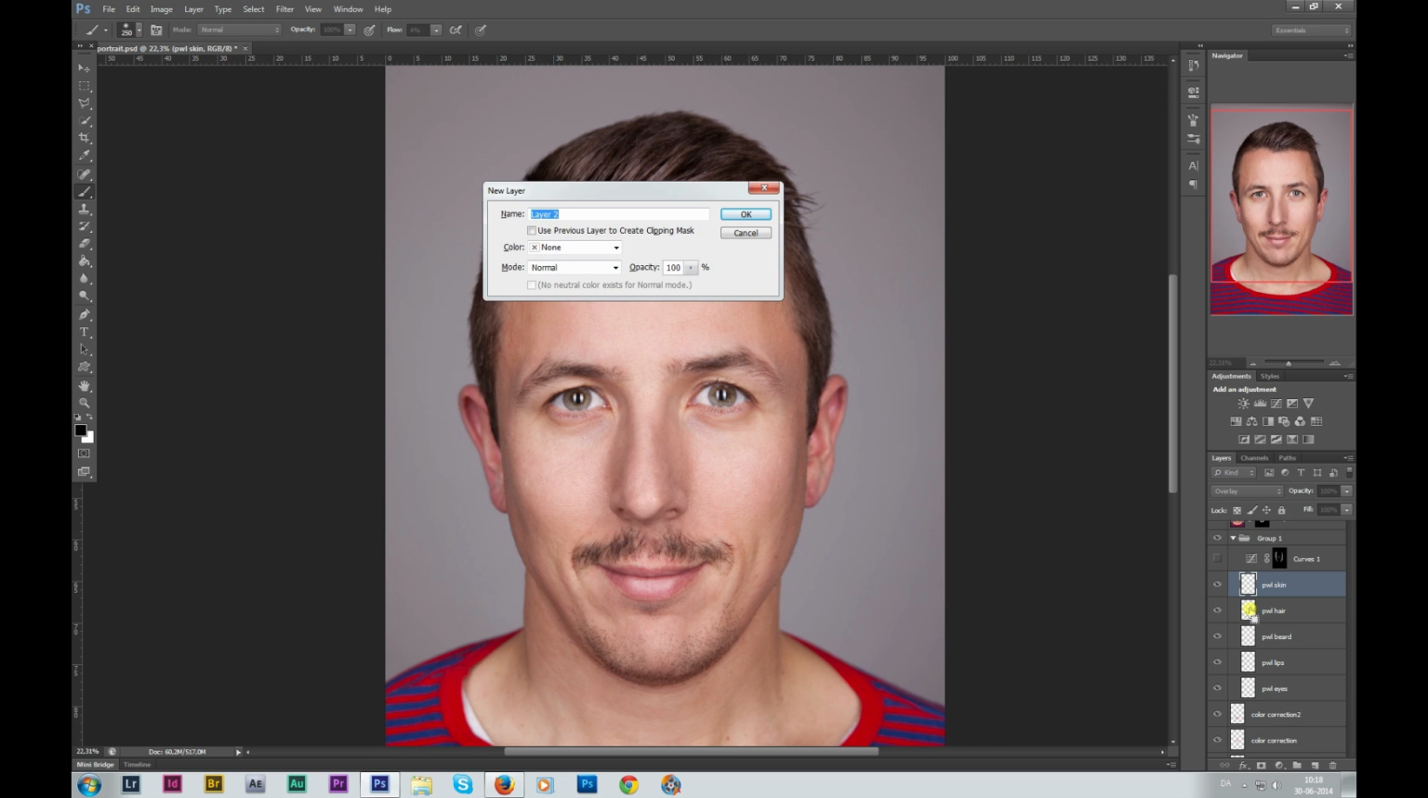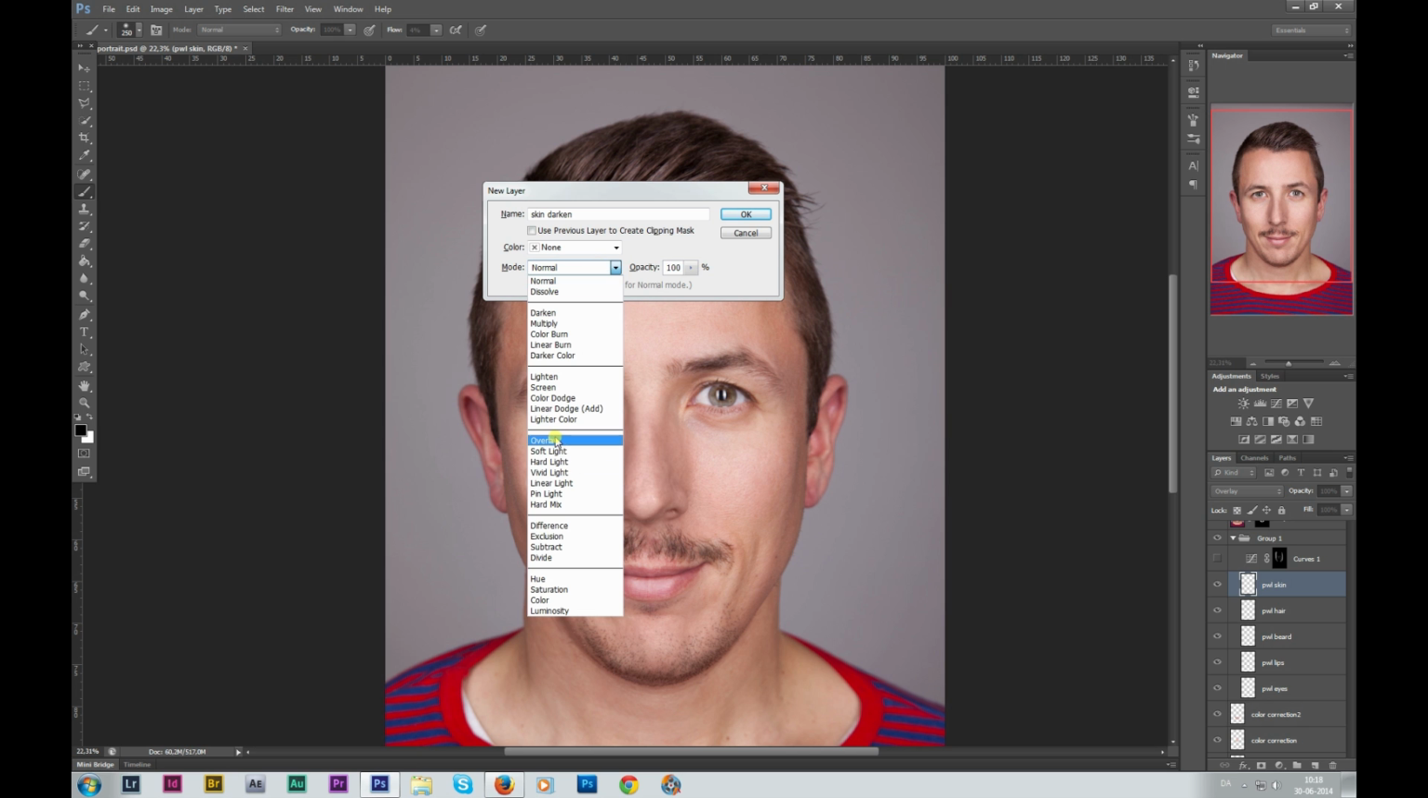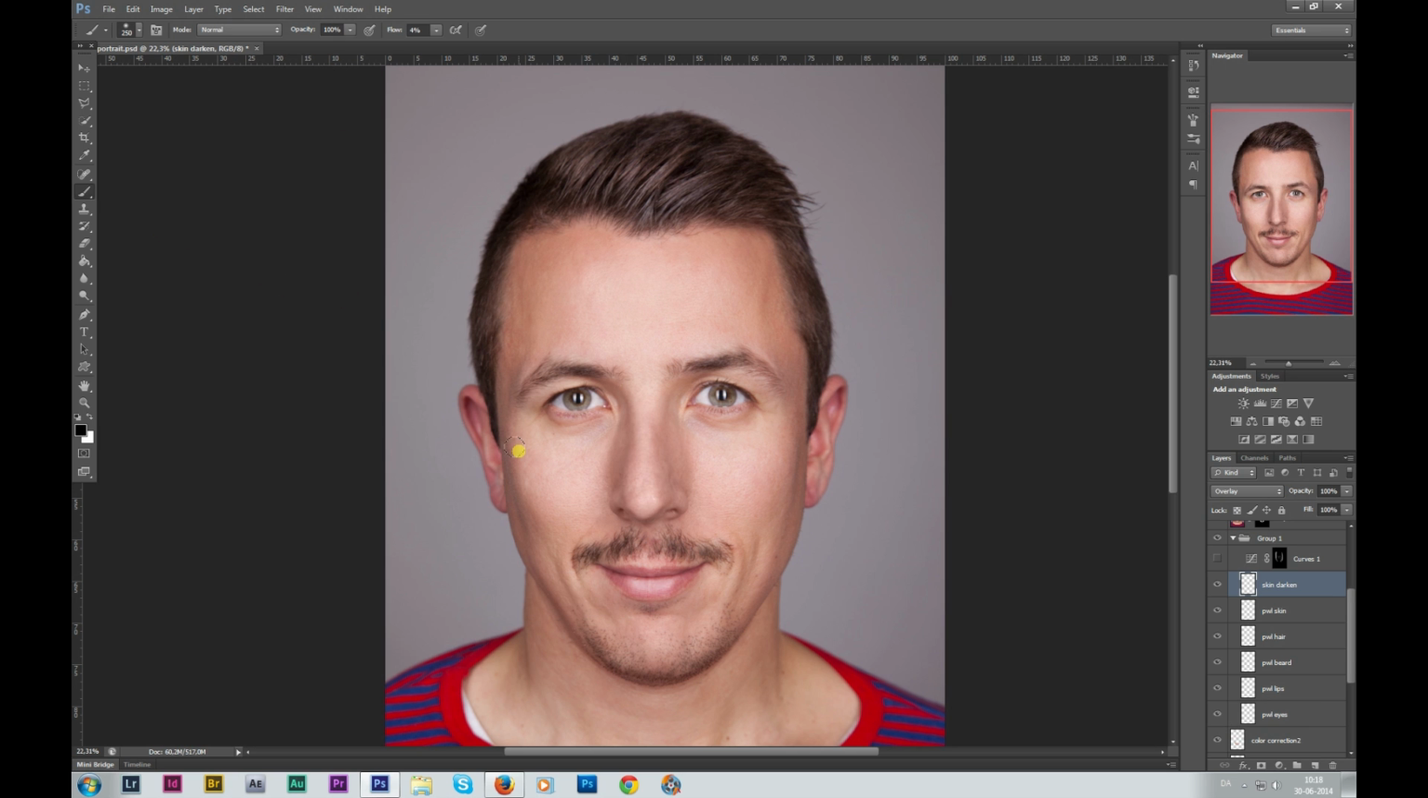If I did, let's create a new layer here called Skin Darken, change the blending mode to overlay, and if I did this with a dark brush, you can see that it darkens, but it also adds a bit of reddish in it, and we're not interested in that. So what I do is, and this is what I've done here,